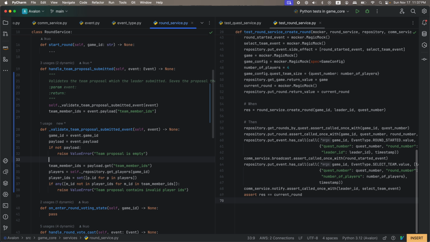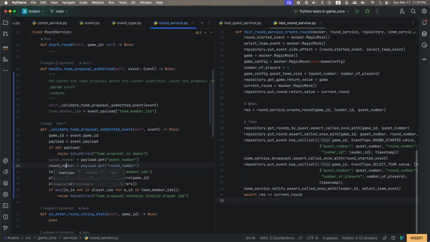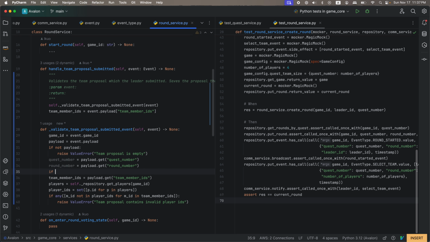What I'm trying to do is, I'm expecting the quest number and round number in the event payload. So quest number equals payload quest number, round number equals payload round number. Well, neither of them could be 0, so we could just use